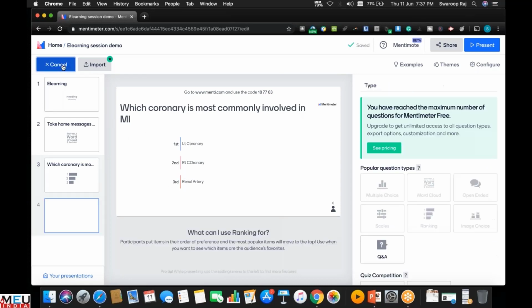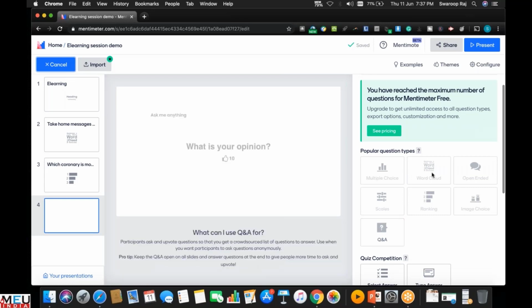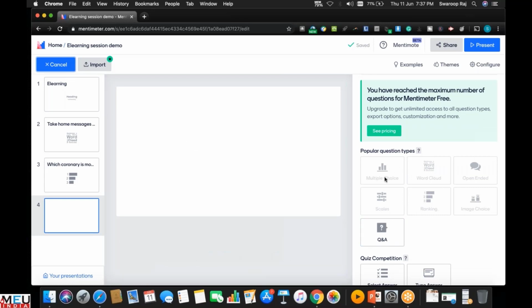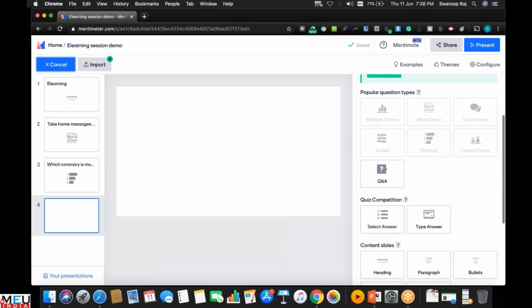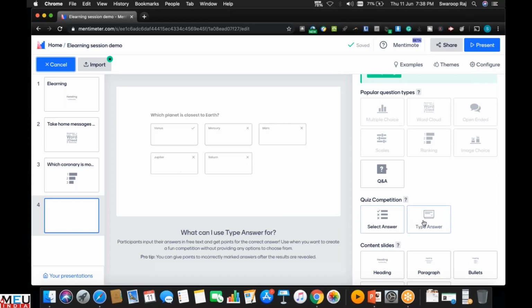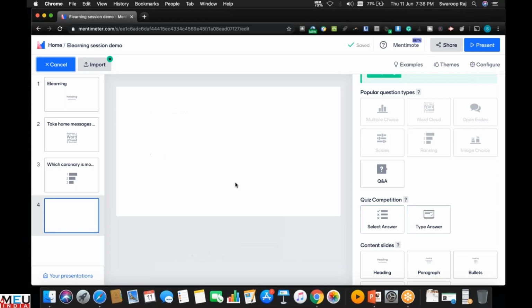So now if I click add slide, you will notice that all my question area has got blanked out, because in the free version I can only add 2 questions. So I've already chosen a word cloud and a ranking question, so I can add no more questions. And I can add 4 or 5 of these quiz type questions. So what I will suggest is that we can intersperse it with the content of your presentations, and you can have these in between just to get the interaction between the audience.